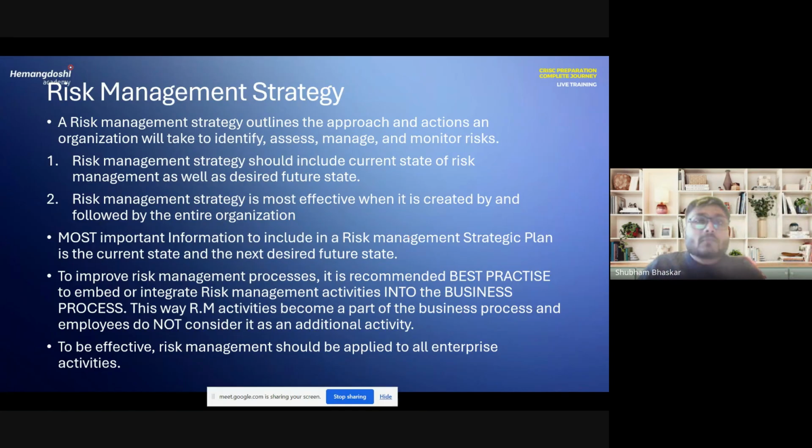So when you're making a risk management strategy, you also need to include the current state of risk as well as the desired future state. Now, what does that mean? It basically means that if you joined a company which has no risk management process, you are starting out and there's no process at all, which means things are not as good as they can be. So you note down that this is where we are at ground zero, but this is not where we want to be. We want to be in a very good position. Our risk management program should be thriving. It should be optimized. So when you are making a strategy, you